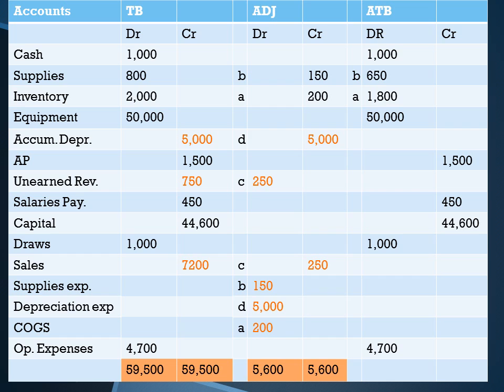So then we bring over those totals, and then we are going to sum our items that had adjustments. So I say sum because you may be adding, you may be subtracting. If you have a credit balance to start with in your trial balance, like the example of accumulated depreciation here, this first item, and then you have a credit adjustment, that means you're going to add the two because they're on the same side,